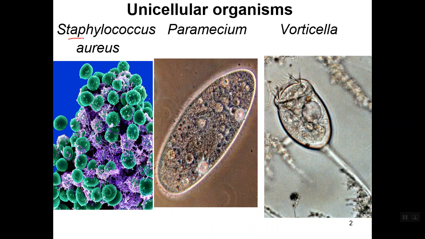Some examples of this are staph. Staph is a genus of bacteria, the same one that can give you a staph infection. Strep is another type of bacteria that can get you sick. It gets you strep throat. Paramecium and Vorticella are freshwater protists. These are animal-like protists, single-celled animal-like protists. Therefore, those single cells must do everything. They must maintain all sorts of homeostasis, and they are not at liberty to specialize and become very specific in their function. They have to be generalist cells.